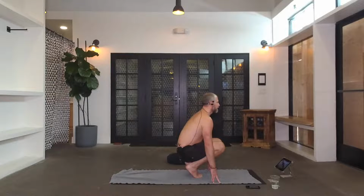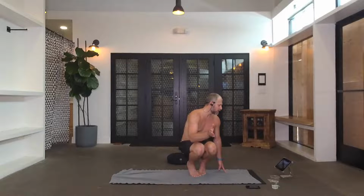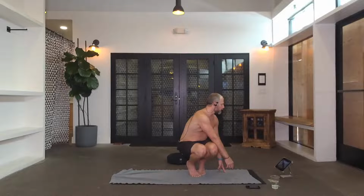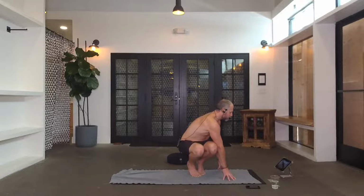Bring your head back to center, inhale, and turn your knees out to the right. So I'm pointing both knees off the right side of the mat, but the chest is coming back to the left top of the mat. And don't be surprised if one side is a little more open than the other. And the right elbow goes in front of or outside the left thigh, even if you just put your right hand on the ground. And feel that